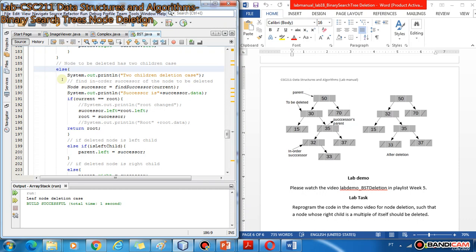Then we checked node dot right is equal to null to verify that the node to be deleted has only one child, which is only the right child. And now here is the case that the node to be deleted has two children, the else case. So we print a message here, two children case, and then we call this find successor method and pass it